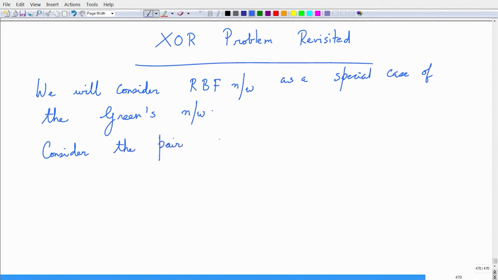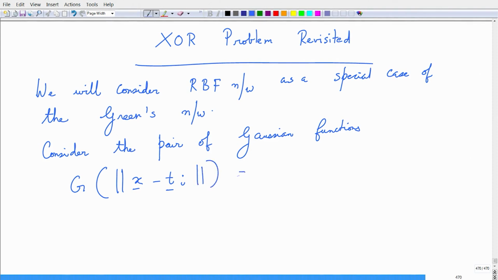Let us consider the pair of Gaussian functions: we have g of norm of x minus ti is exponential minus norm x minus ti, the norm square, for i equals 1, 2,